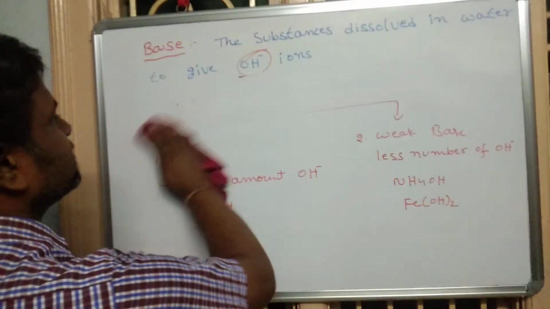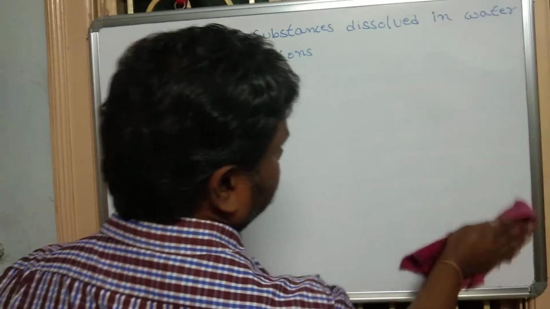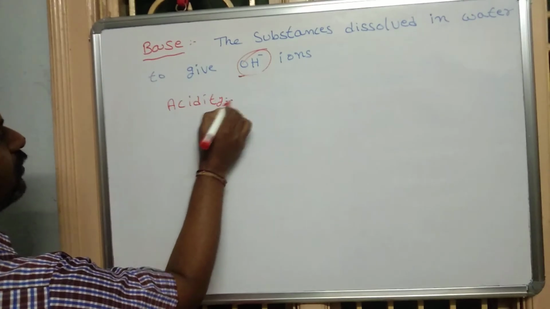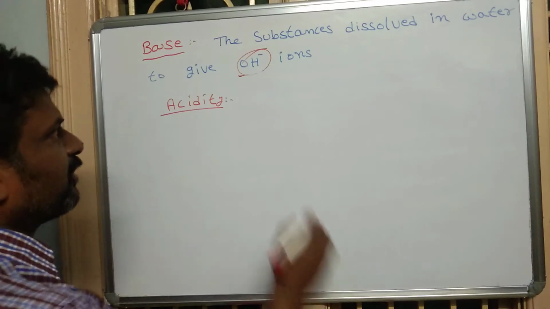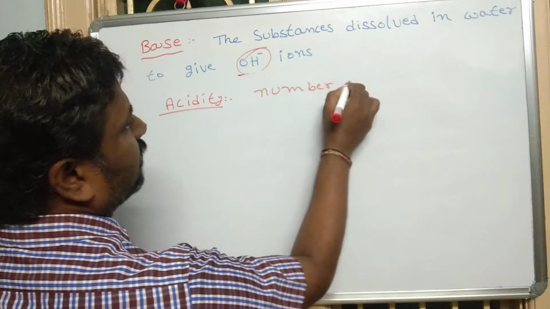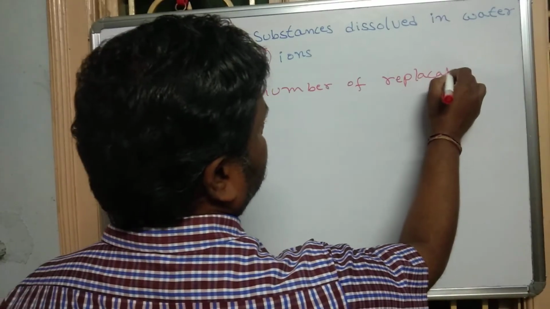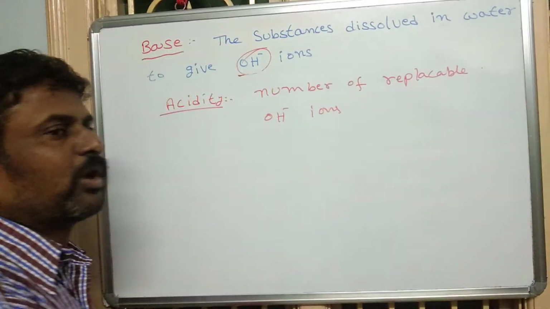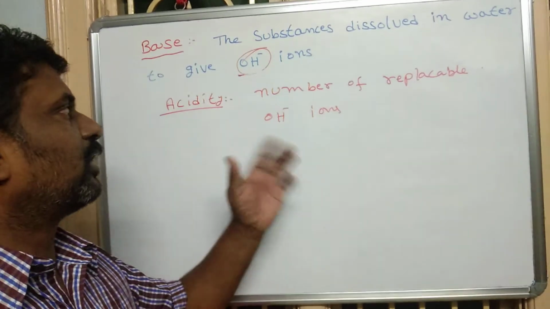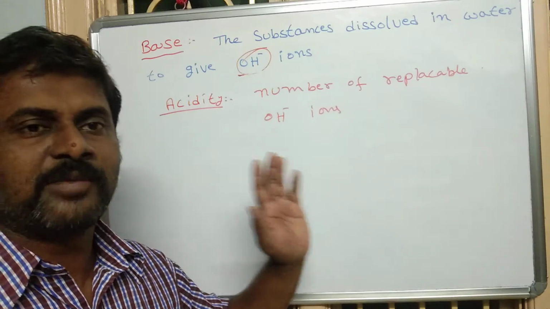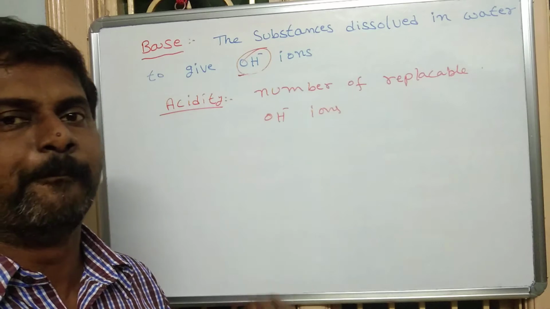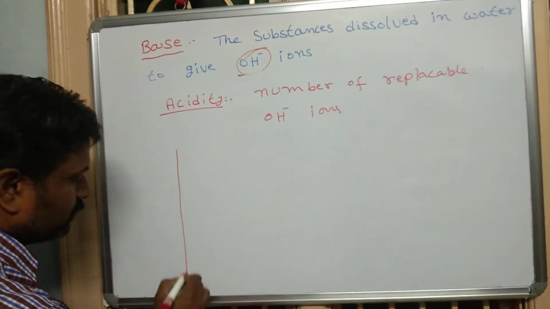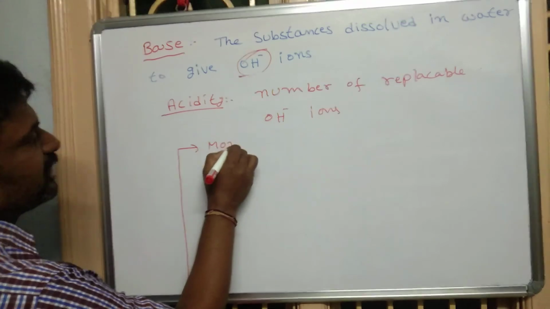Next, the classification based on the acidity. What is the acidity? First we discuss the acidity. The number of replaceable OH minus ions present in one molecule of the base is called the acidity. Based on the acidity, all the bases are classified into three types: monoacidic base,